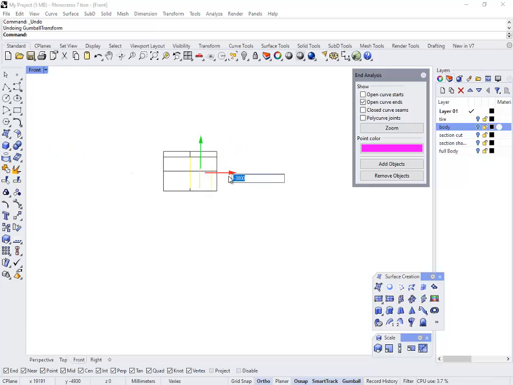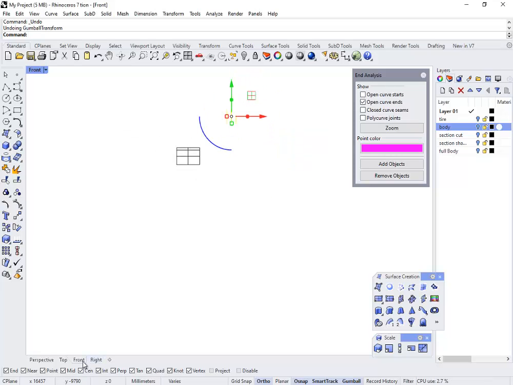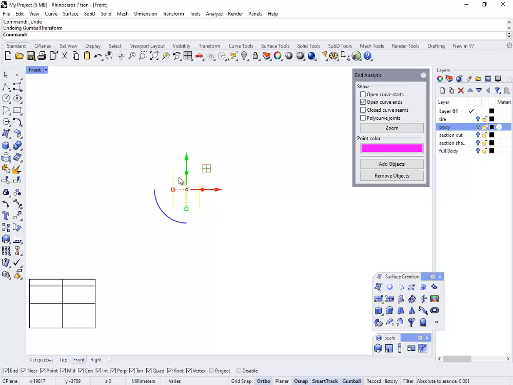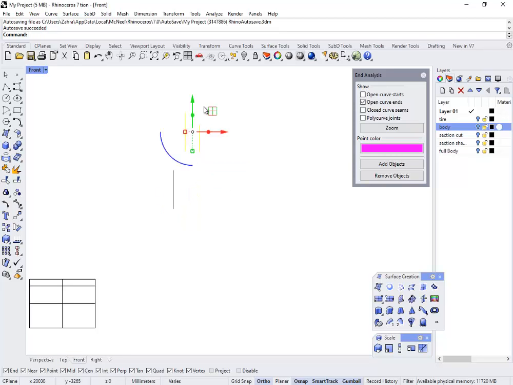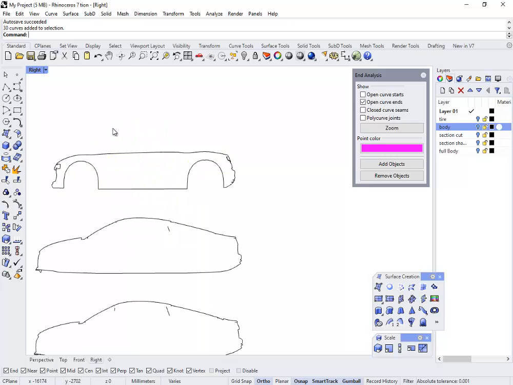Minus 1,000. Come to the right view. Again in front view. 500. 500. So now in this shape,